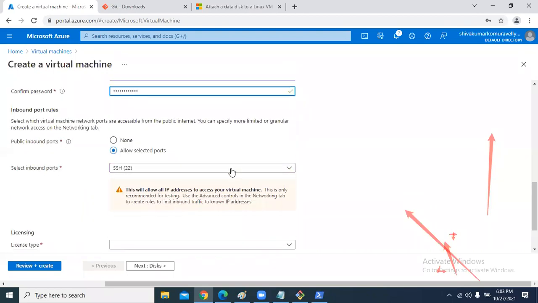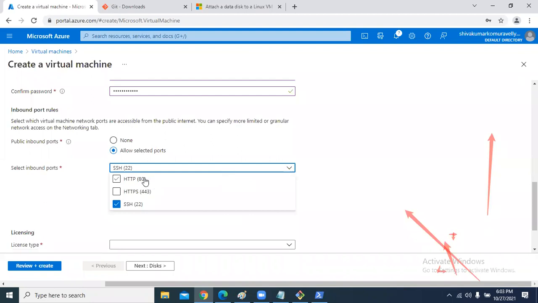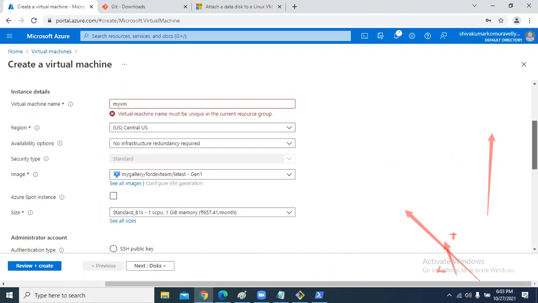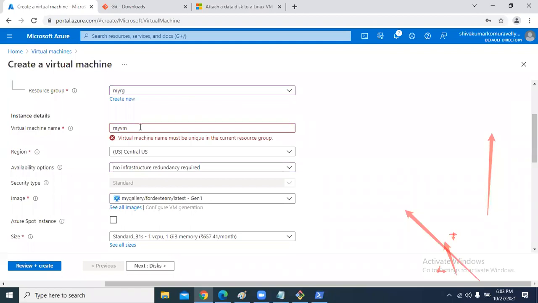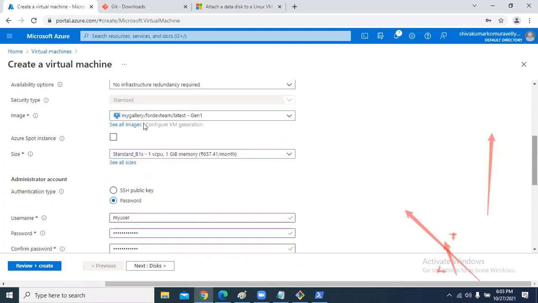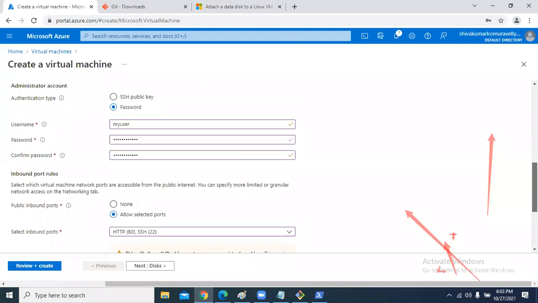This time I want to open 80 also. License type is not required because we don't have a license. The name must be unique, my VM1. Image name is my gallery. From my gallery we have selected the VM image.